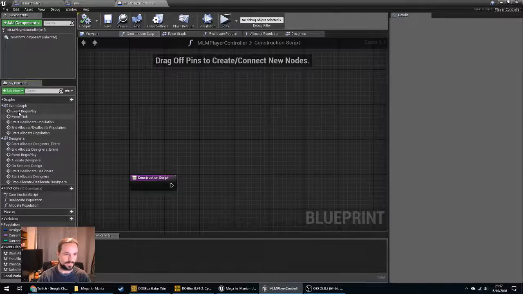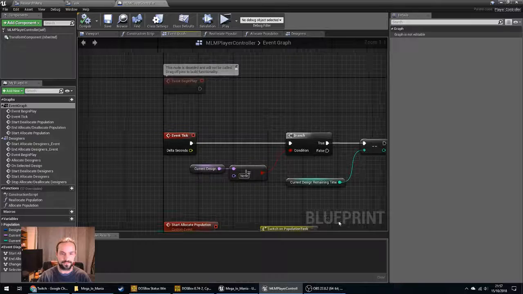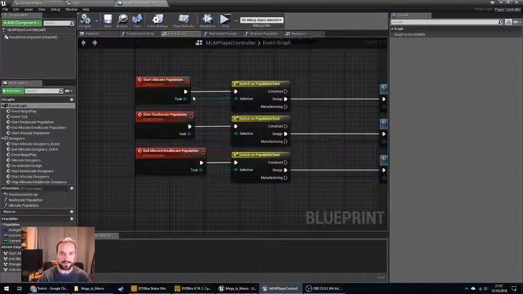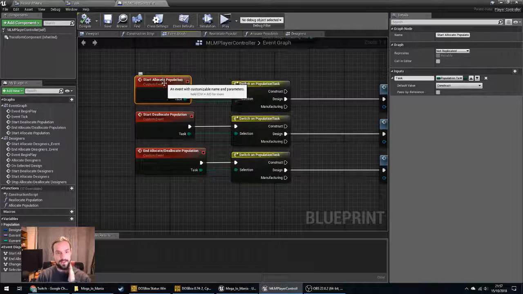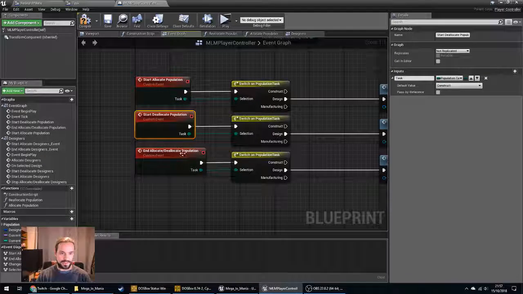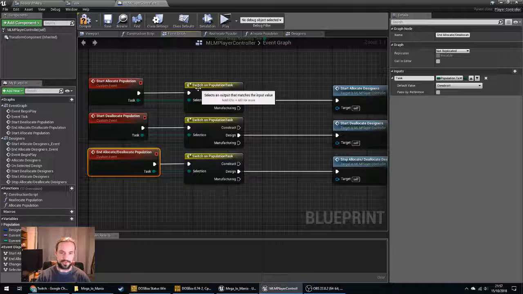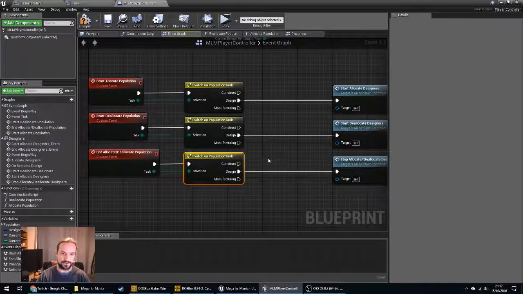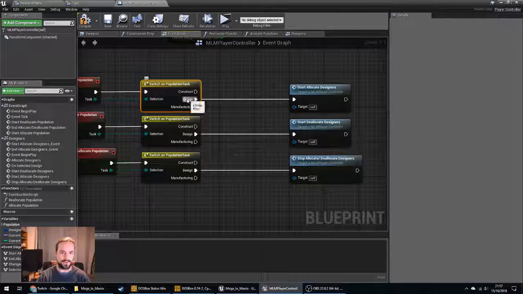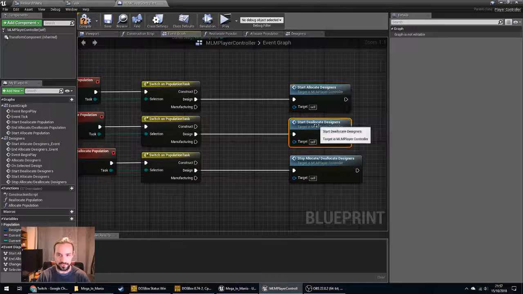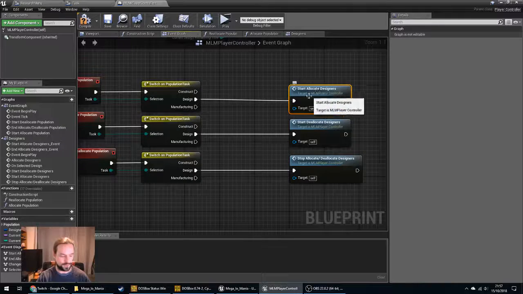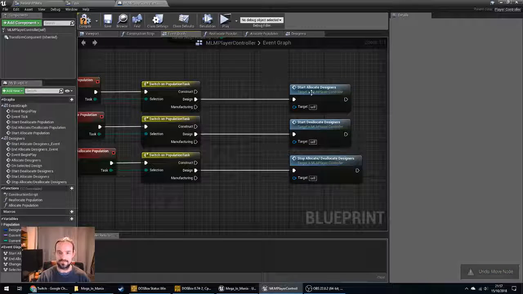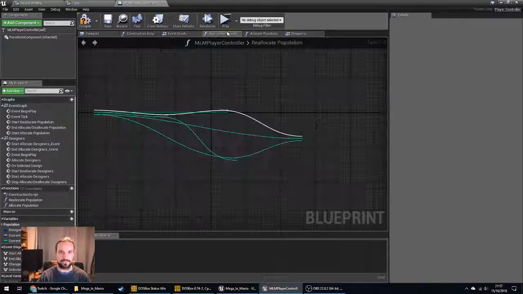Yeah. So it's in the event graph. I was looking at the wrong thing. So it actually starts here. So we've got our start allocation, population, deallocate, and we just switch on the task type, and then if the task type is design, we call the appropriate function that we were looking at before, or the custom event within the designer's graph. And the reason we've done that is that